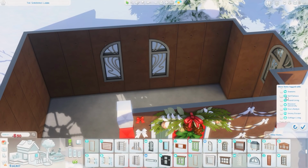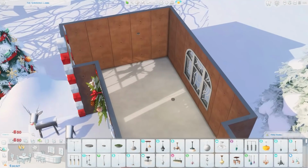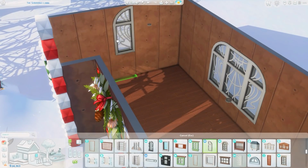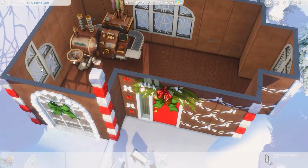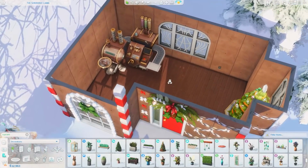As far as the wallpapers go, I did go back and forth a few times between using this base game one, which I think looks really nice, like it's the individual panels of gingerbread. And I also tried one, I think from Journey to Batu. They had one that looked a lot like gingerbread as well. I might have used both of them in here, but it looks like right now I'm primarily using this one